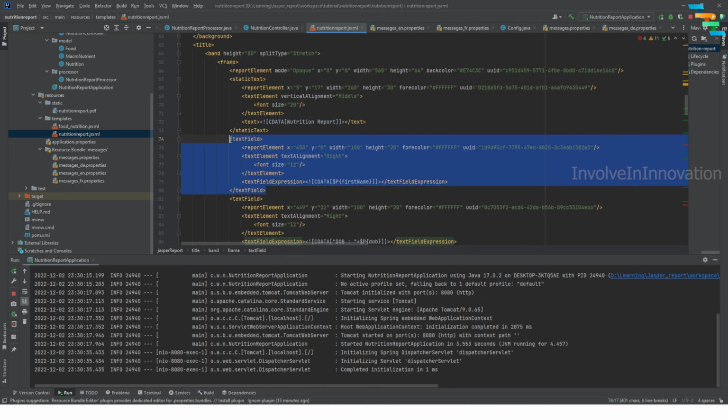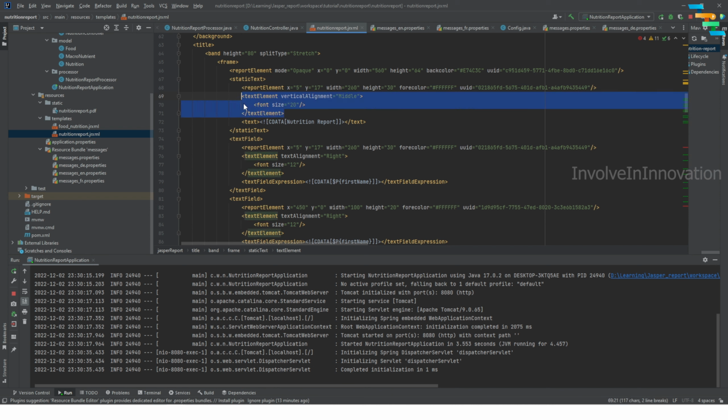I will copy and paste this text field here once again, and then I will replace this report element x and y coordinates here, and then I don't want to keep the text alignment, so I just want to keep the vertical alignment. So copy this text alignment entire stuff and replace it here, and here the text field expression, instead of $p